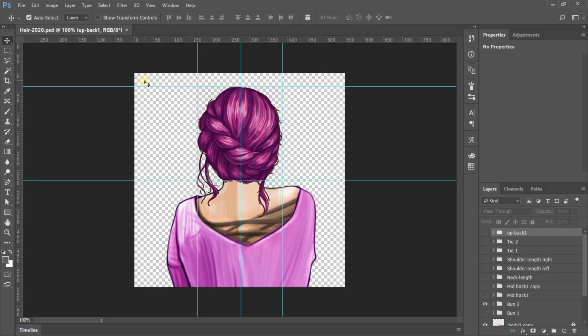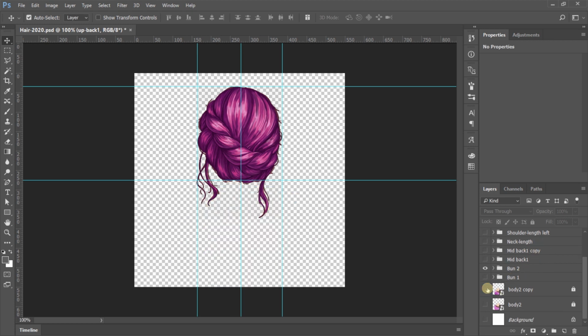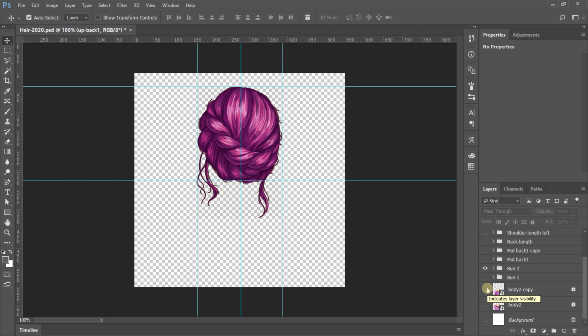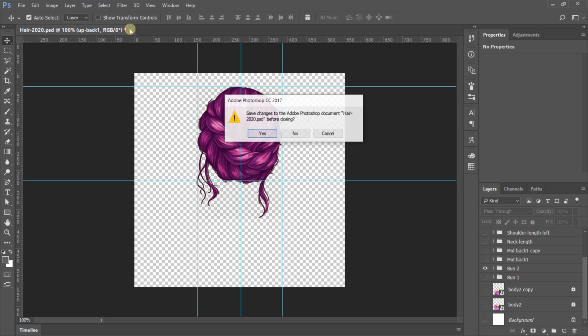This is an example of the file we will work on. If we want to reposition the hair clip arts, we need to add a body layer, then resize all hair clip arts in the relative position with this body. Then we will hide the body and export all hair clip arts, following this file size. You can download this file as a template for resizing your hair clip arts. We will add the downloadable link in the description box below.